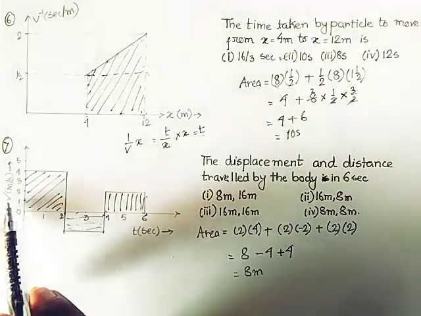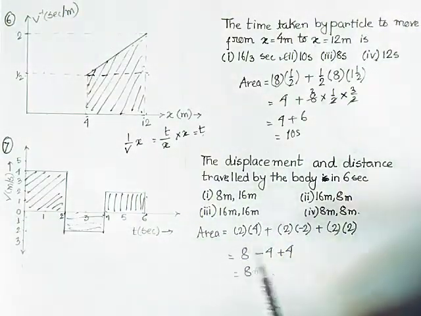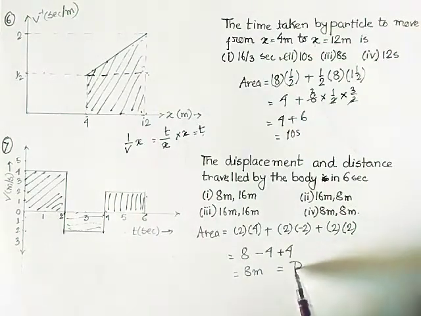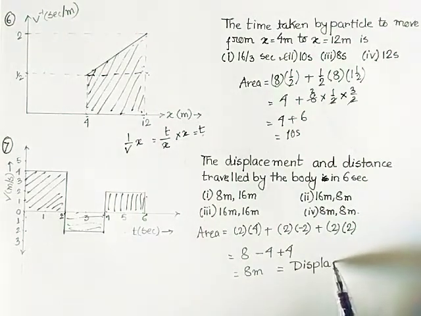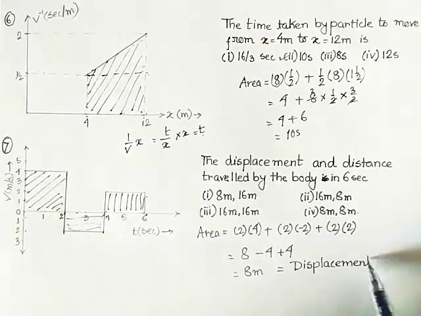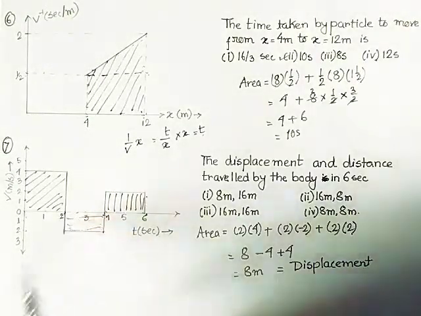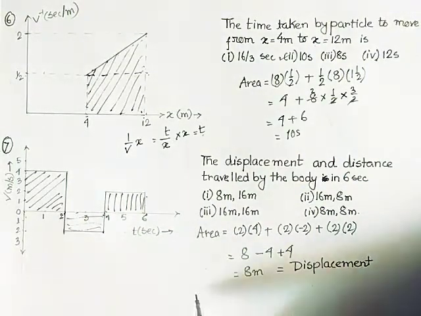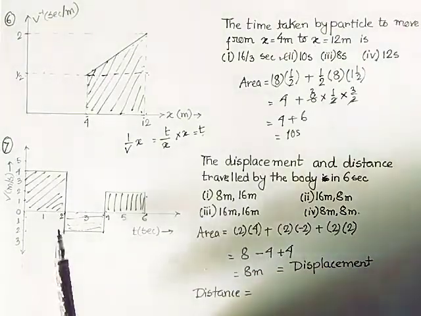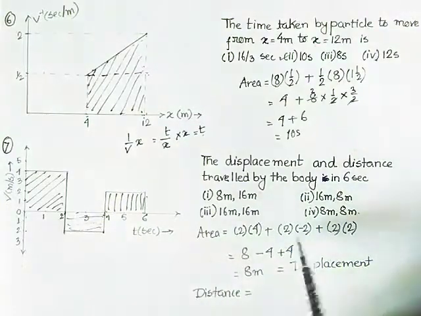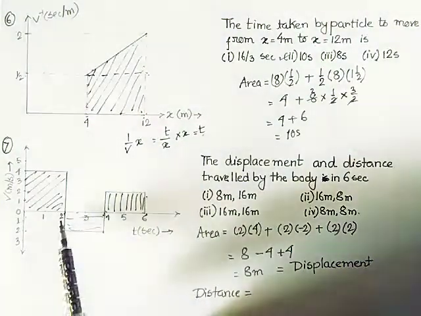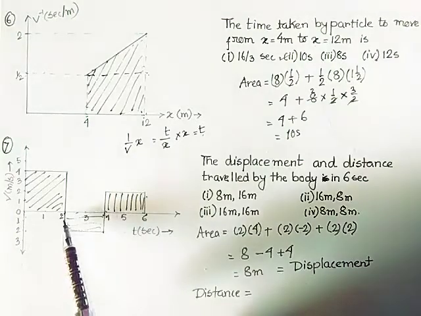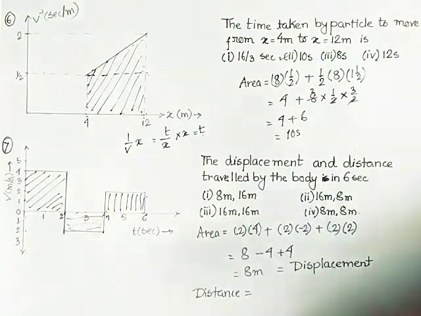Since here it is velocity and time, what I have got here will be the displacement, because displacement is concerned with the positive and negative on both halves. But if I want to calculate the distance, then we have to calculate the area, and the signs that I considered, the minus, are for the direction, so we should not consider the direction here. We should consider the total area without any sign. All of these things should be in modulus.